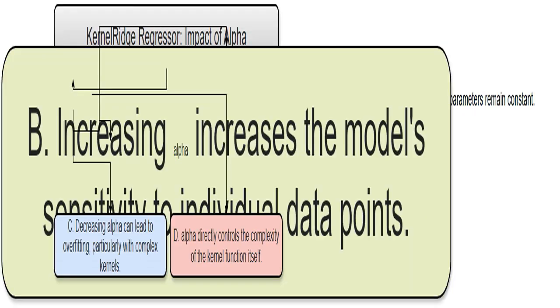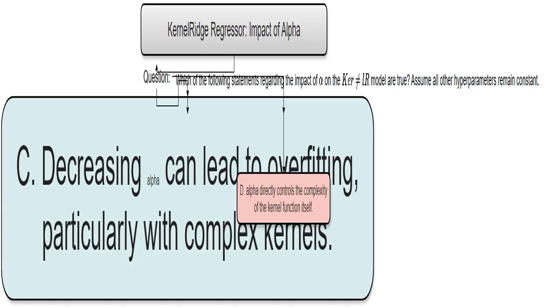This is false. Increasing alpha actually reduces a model's sensitivity to individual data points because regularization smooths the model, making it less responsive to outliers or noise in the data. This is true. Lowering alpha reduces the strength of regularization. This lets the model fit the training data very closely. If you have a complex kernel, it can easily overfit, learning the noise of the training set rather than underlying